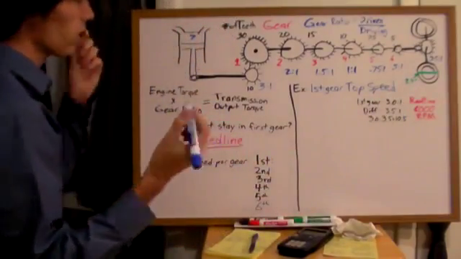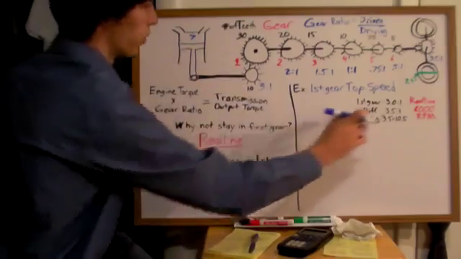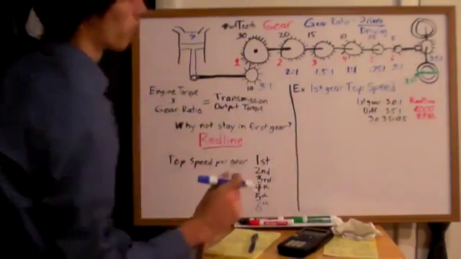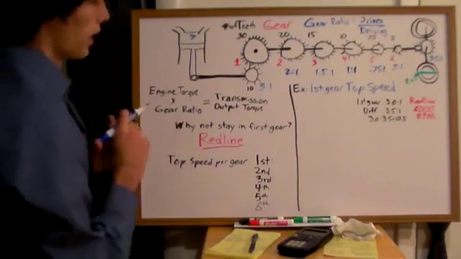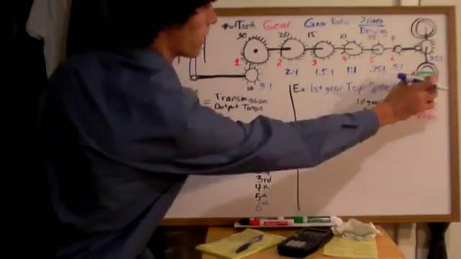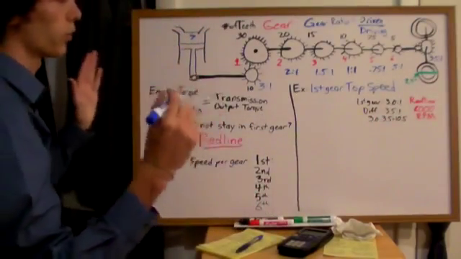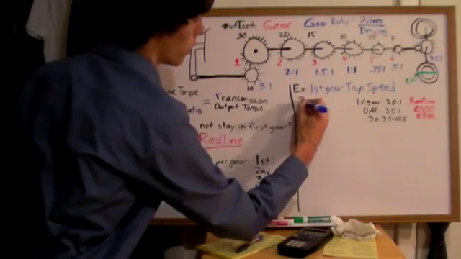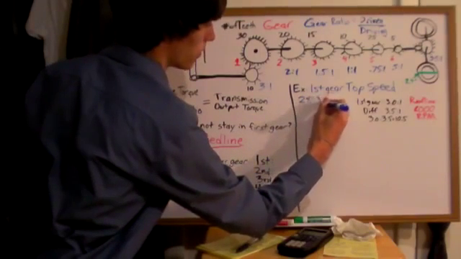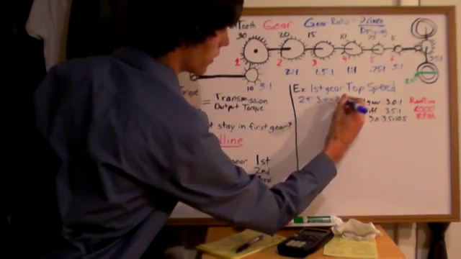Okay, so we're in first gear. We've got 30 teeth to 10, so a gear ratio of 3 to 1, and our differential is 3.5 to 1. All right, well, there's another thing we have to calculate. We've got the tire here in the back. Let's say your tire has a total diameter of 24 inches. So you've got 24 inches times 3.14, and that is going to give you about